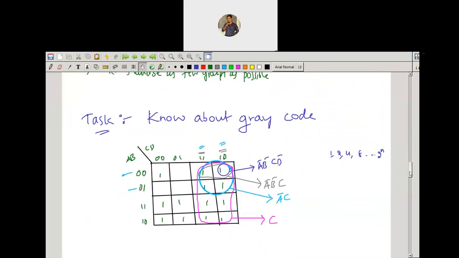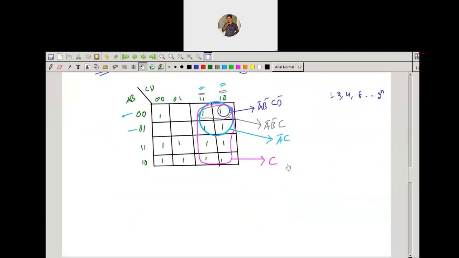So we have to go for the, always keep in your mind that to get the minimal expression, to get the as minimal as possible expression, we have to go for the as large group as possible. Group should be as large as possible. Okay, keep that in your mind. So still we are having what? Still 4 cells are there. Still 4 cells are engaged with the min terms, logic 1.